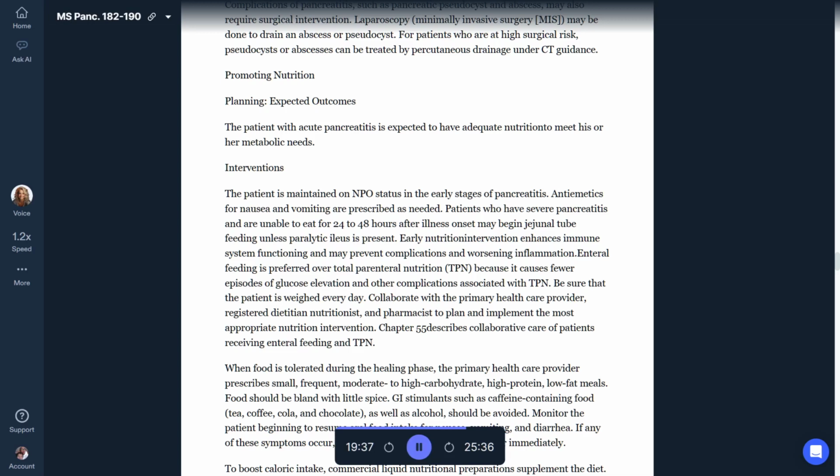Serum bilirubin and alkaline phosphatase levels. Intermittent elevations in serum glucose levels are common and can be detected by blood glucose monitoring, both fasting and non-fasting. Interventions. Take action. The focus of caring for the patient with chronic pancreatitis is to manage acute or persistent pain, maintain adequate nutrition, and prevent disease recurrence.